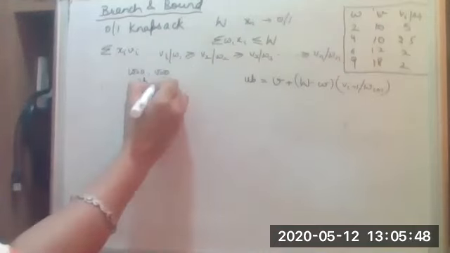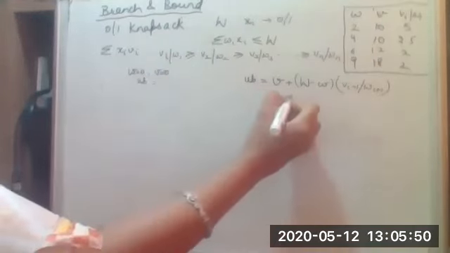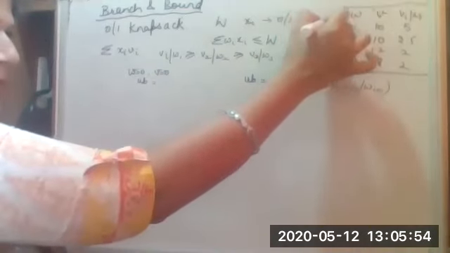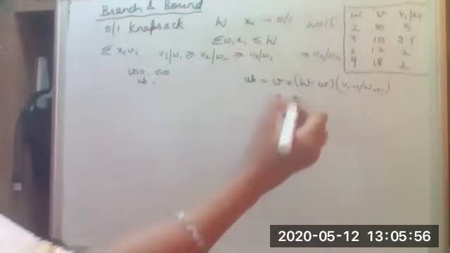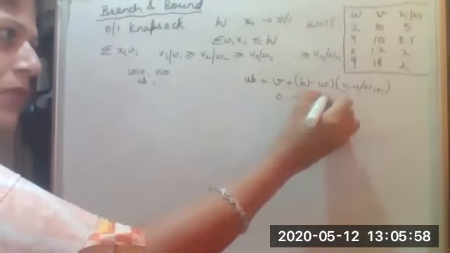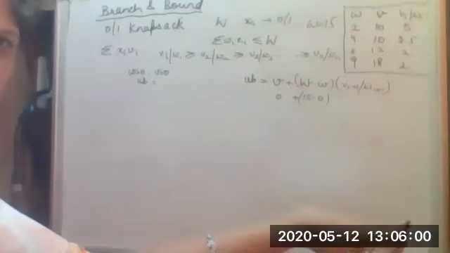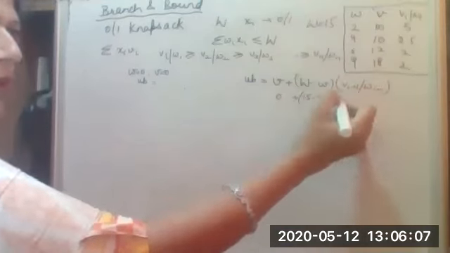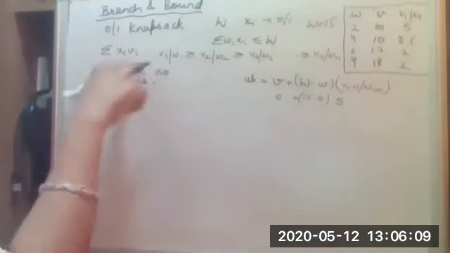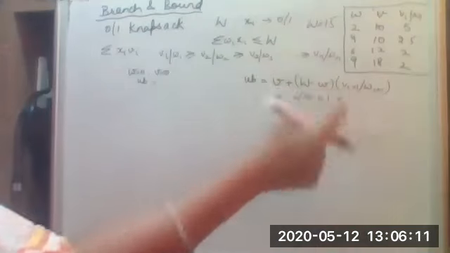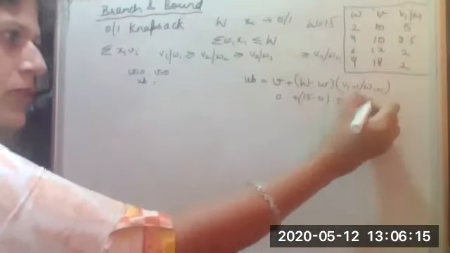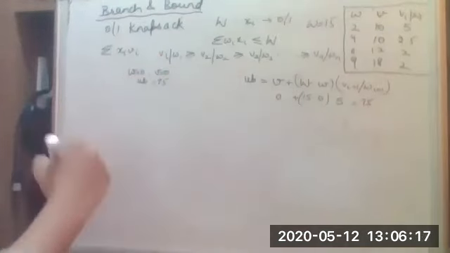So the first one, the V value is 0. W value is, let's say for this one, the knapsack capacity is given as 15. So this is 15 minus 0. We have to consider the first element. Yes. And for the first element, Vi by Wi value is 5. Yes. I is equal to 0. We have not selected any element. So the next element that we are selecting is the first element. So this is 15 into 5, which is equal to 75. So the upper bound is 75.